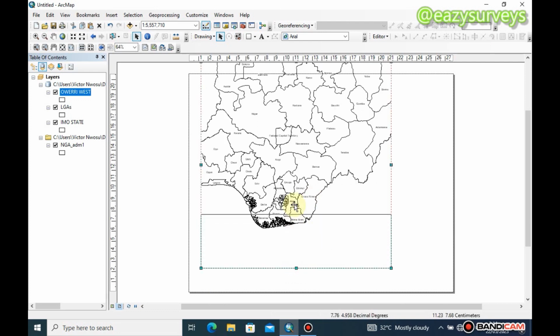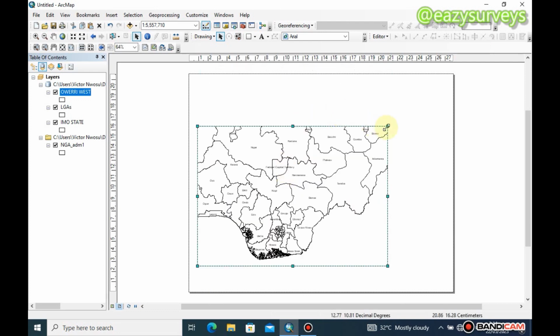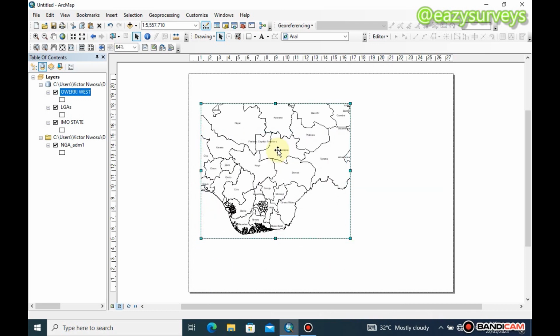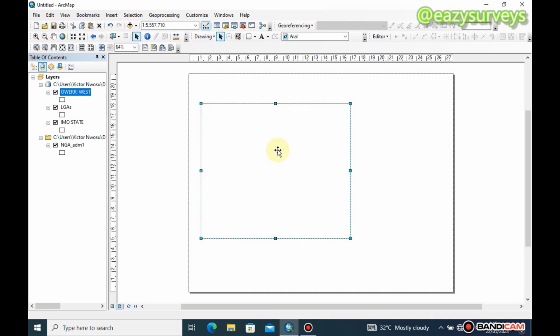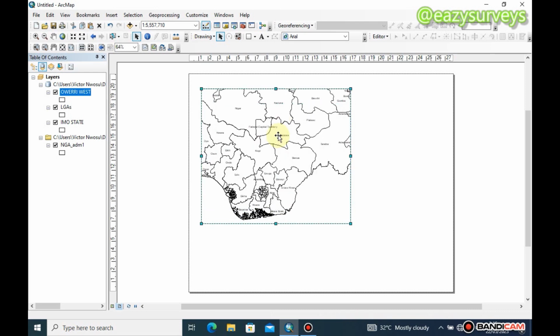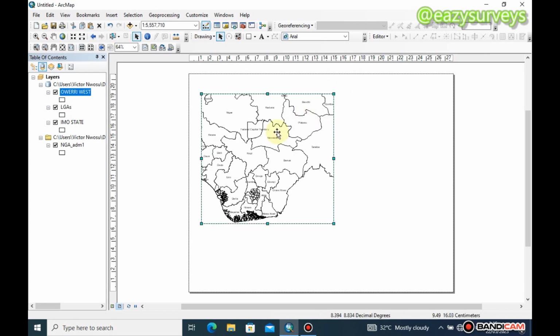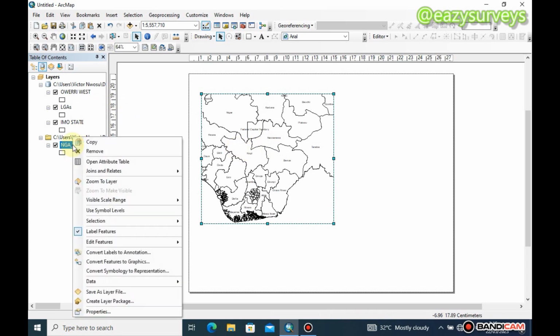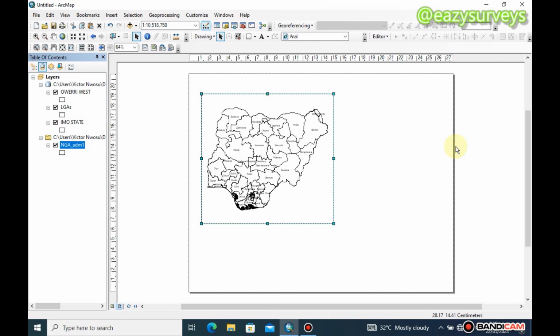What we are going to be having is three sets of maps. One is for Nigeria, one is for the state, and one is for the local government, which is the exact place of interest. So you can see what I just did now. All you have to do is zoom to layer, because we are working on ADM1 on this layer. I'm going to show you how to add the data frame,